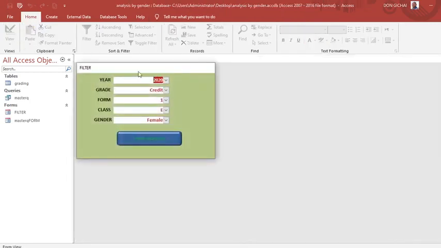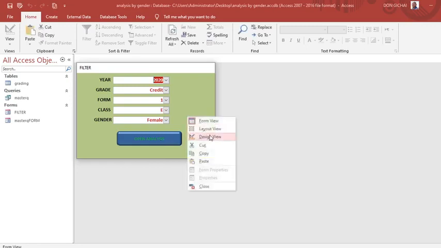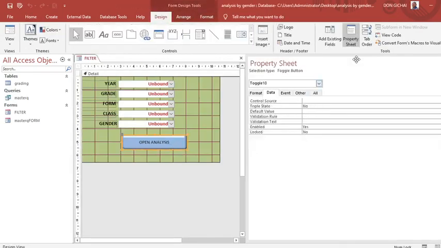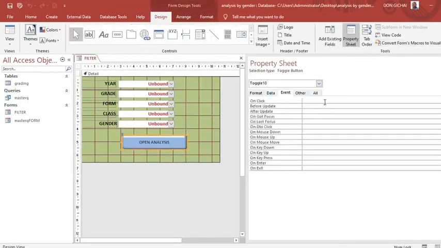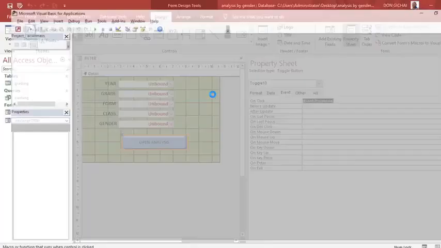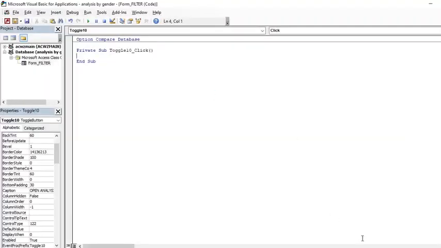Therefore, this is the data that will be sorted when we hit this button. And therefore, for that case, we need to go and code for that button. Therefore, we just go to design view, we code for this. Just go to event on click. You just go to event procedure. Then after doing so, you just go to this point, then write